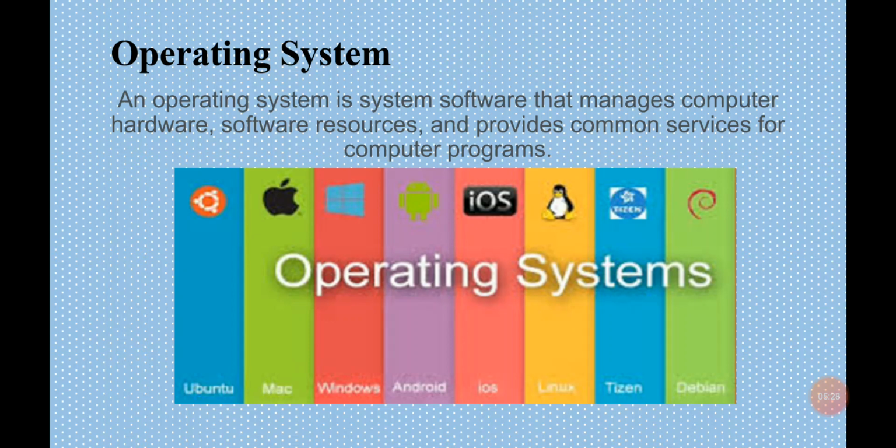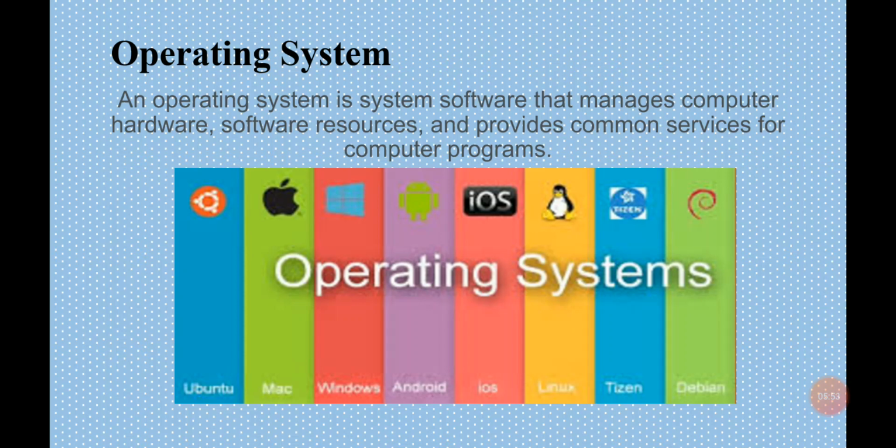So operating system is a software which is responsible to manage and control all the activities in the computer system, either related to other software or the hardware. It controls all the hardware activity as well as the software. There are different types of operating system, which is also known as system software.